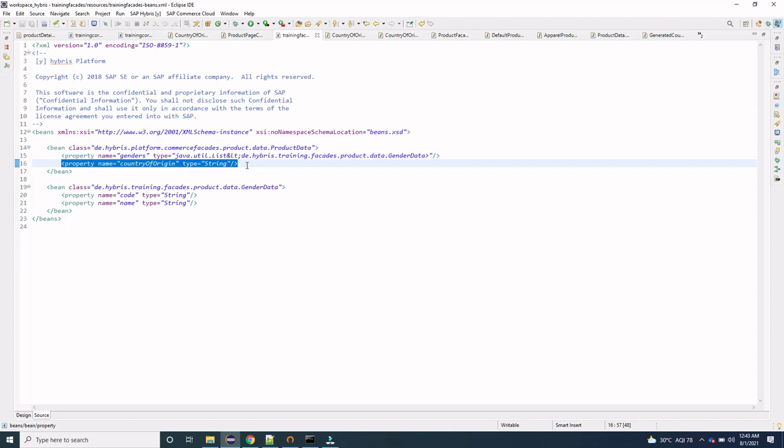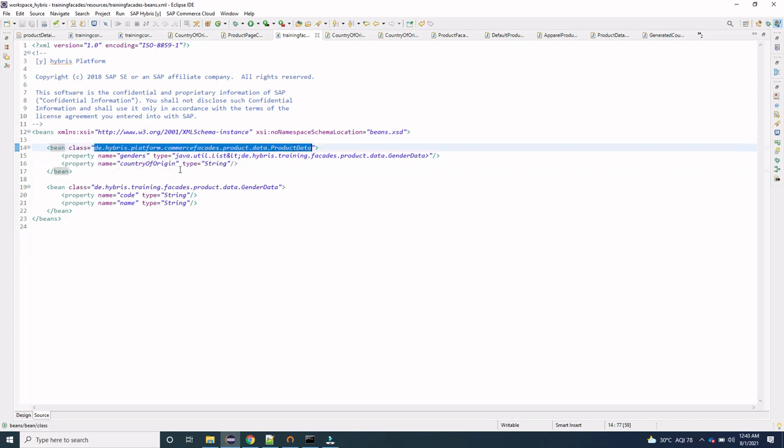Once you define it and do ant clean all again, after that in this product data, this country of origin will get created.